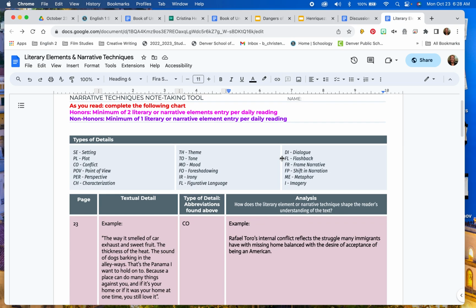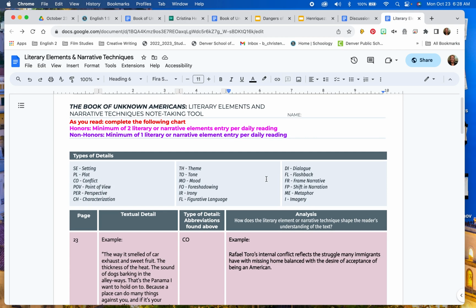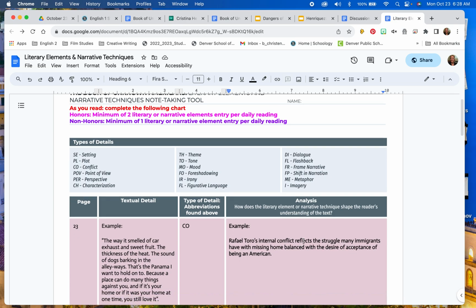It doesn't involve context or full interpretation, because you're not going to be writing an essay. So you're just tracking how the author is using literary or narrative elements, and then explaining how this element or technique shapes your personal understanding of the text. What is it telling you about what's happening?